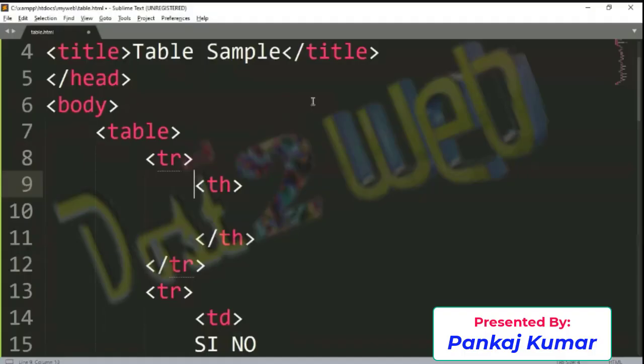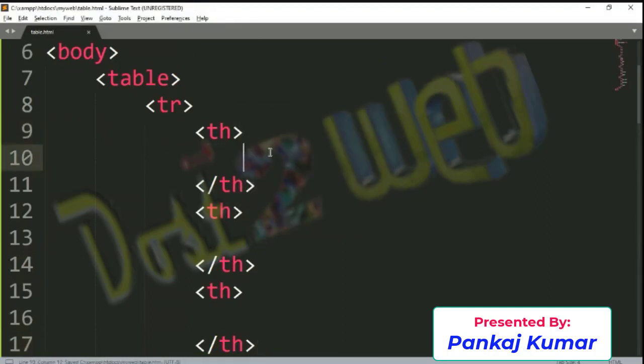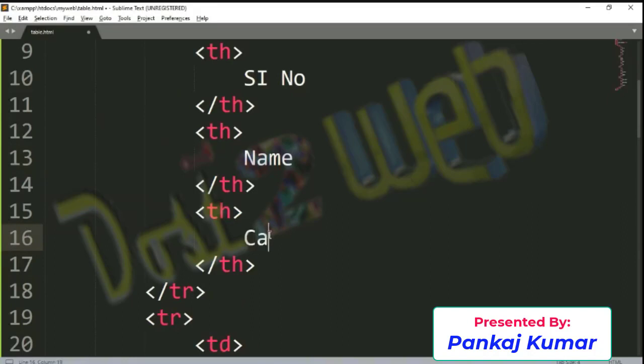So in the same way you need a total of 3 table headers. I'll just copy this and give here serial number, some name, some category. Now save it.